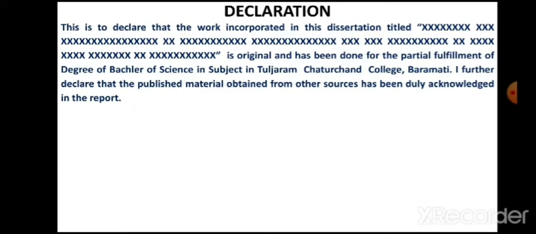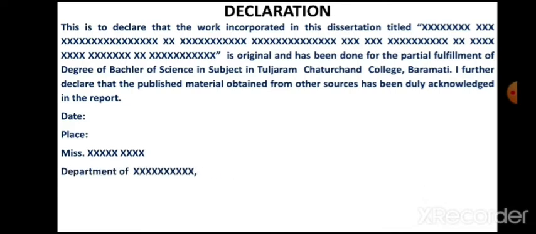So this declaration is related to plagiarism, that you haven't done any kind of copy-paste, you haven't done any plagiarism. So it is to be declared by the students, and at the bottom it has to be signed by the student.